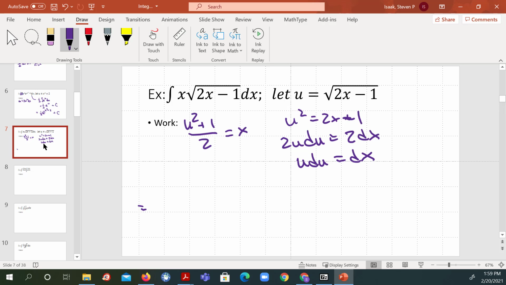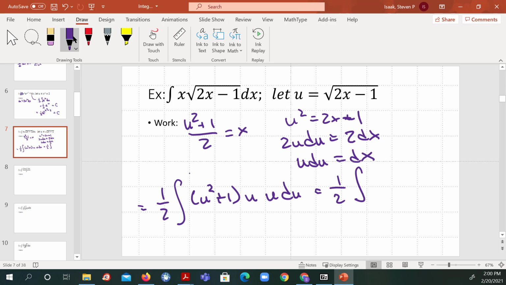So my integral, what is x? I'm going to factor the 1/2 out. U squared plus 1 times this, but the square root of all of this was u. And what is dx? U du, which is